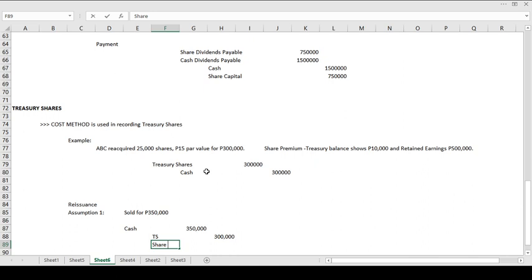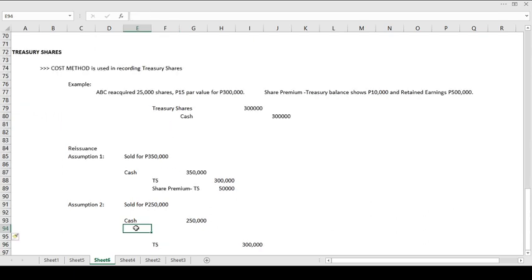Sir, paano po ba yung loss na meron dyan on the reacquisition? Well, ito, the order of priority if there is loss on the reissuance, una it will be absorbed by the share premium of the treasury shares. And then if the share premium on treasury shares balance is not sufficient, the retained earnings will absorb the remaining loss. In this case, the problem provided that there is a share premium on treasury shares. So, if that would be the case, the loss is 50,000. Take note. So, yung kaya lang i-absorb